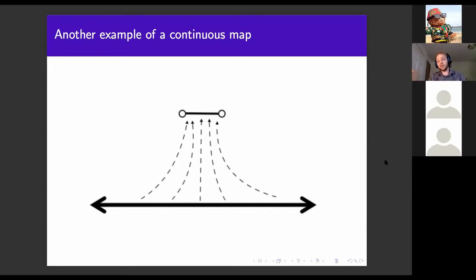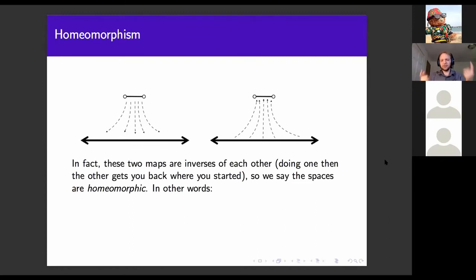So if you don't believe me that these can be done, I can draw you graphs of these functions. But you can sort of imagine that at the very least, the most you're going to be doing is squishing things. And in fact, these two maps, when you write them down properly, are inverses of each other. Doing the one, then the other, gets you back to where you started. So if I'm a point like in the middle, I go down and I go up again. If I'm a point so near the end, I go there, but then I come back again. So I've got a stretching one way and a stretching another way, and they make the identity, is what we say. They get you back to where you started when you're done.